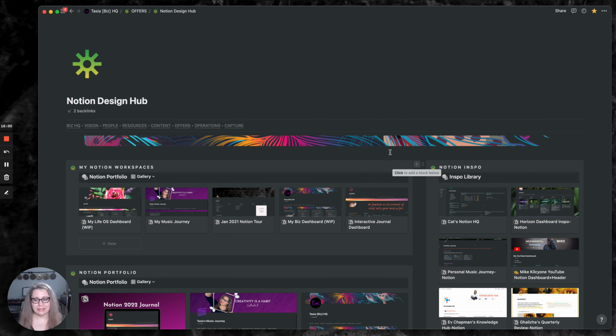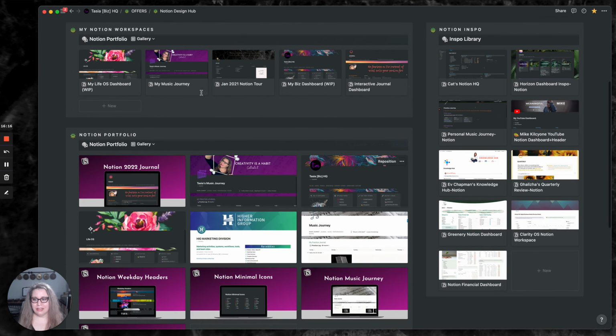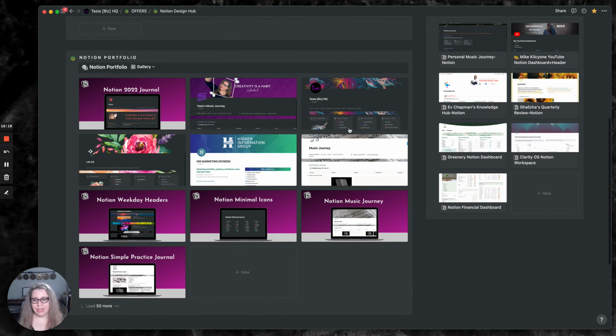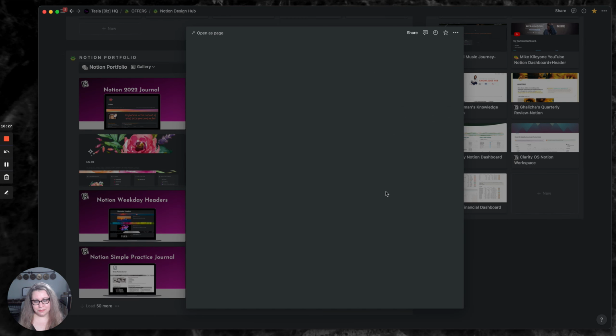So part of that is any of my workspaces that I've created. One thing I wish I would have done sooner is starting to keep track of and take screenshots of my workspace so I can see how it evolves over time. So that's something that I'm starting to do now, and this is where I'll be collecting it. Again, Notion portfolio of completed projects, and if you click into any of these, you can see